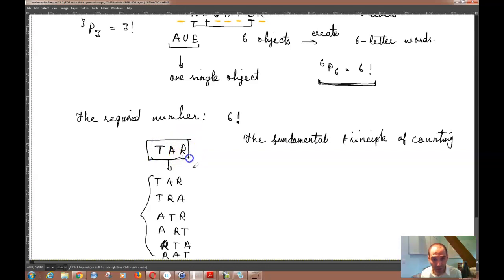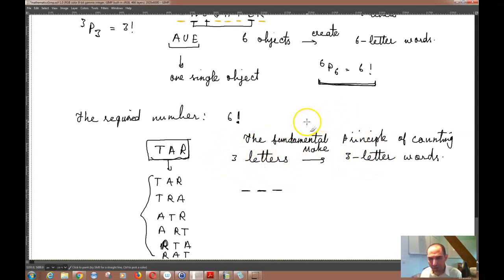Out of these 3 letters, you want to make 3 letter words, and you want to calculate all the permutations related to that, and know how many such words you can make. Since I'm making 3 letter words, and I have 3 letters over here, and if I assume that repetition is not allowed,